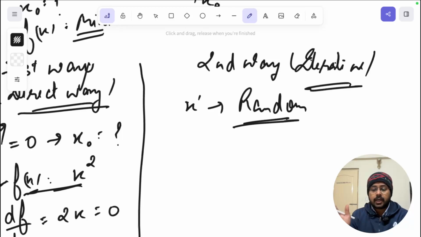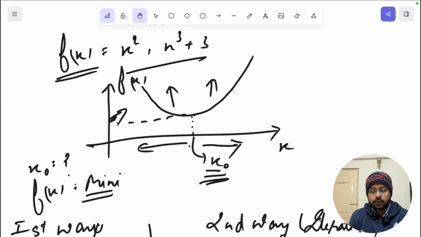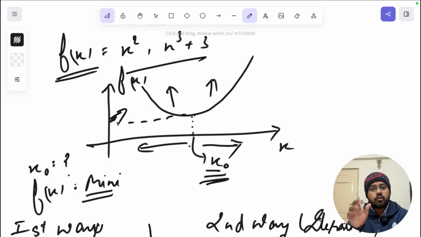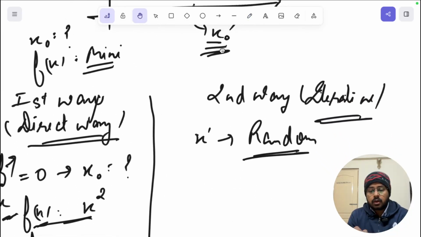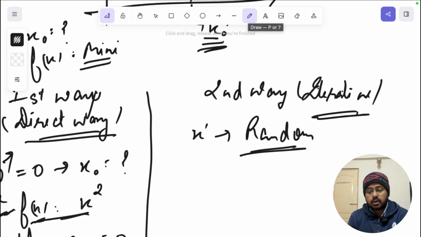We'll choose randomly any x. Let's say this is the function, and this is the value of x, the domain of the function, basically the values of x which can go inside this function. From that domain of the function, we'll pick up any random x, anything, right? It can be anything. And using that random x,